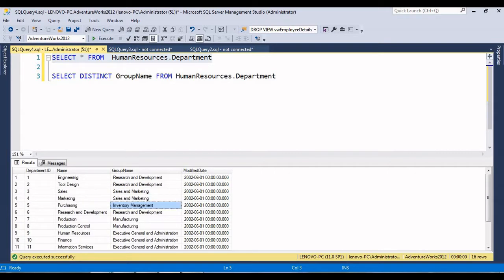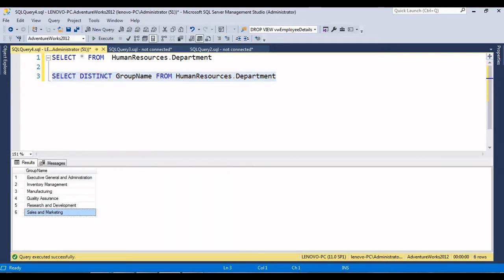So for that I am trying to find how many distinct groups there are. Let me execute. Now you can see that there are 6 groups. So I need to create 6 Excel files, each group name wise. Along with that, the respective group data also I need to load into that Excel file. So how to achieve this kind of requirement in SSIS, we are going to explore that.